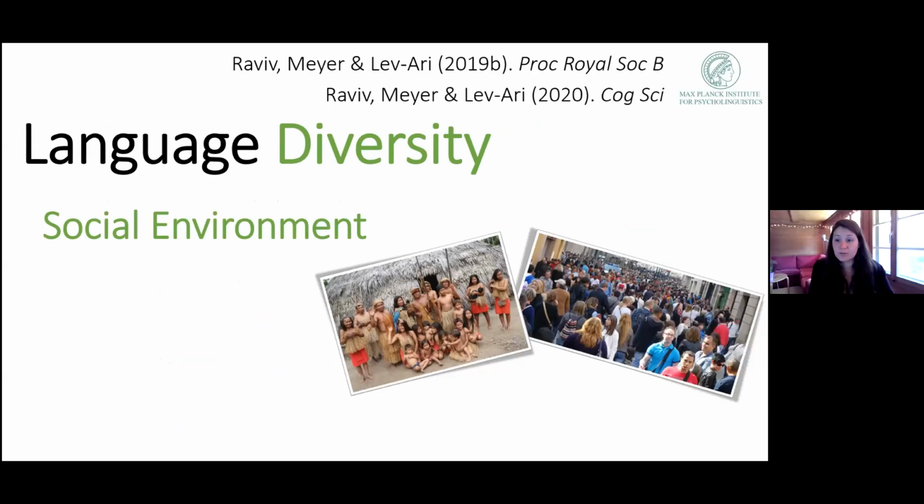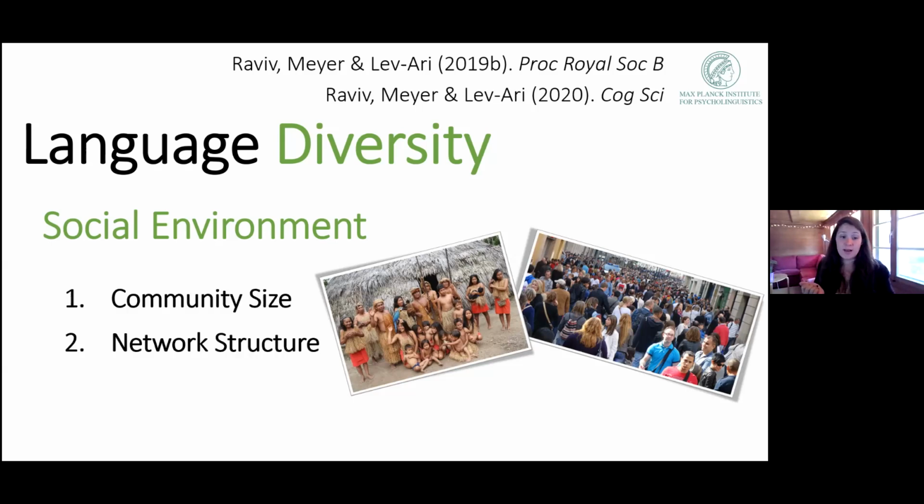So languages evolve in different communities with different population sizes, different social structures, and different social needs. And the idea is that languages may adapt to fit these different social needs. So using the group communication paradigm I just showed you, I was able to experimentally tease apart different social features that could affect language diversity, namely community size and network structure, and to test how they shape the evolution of